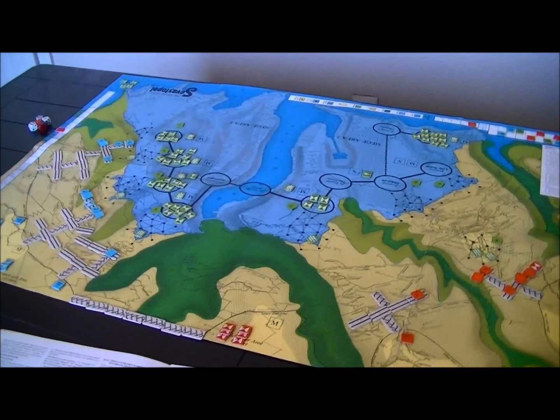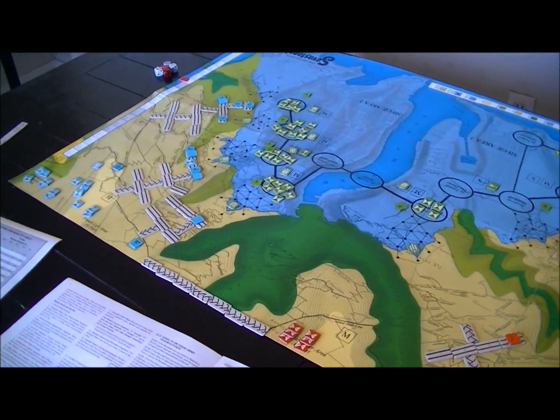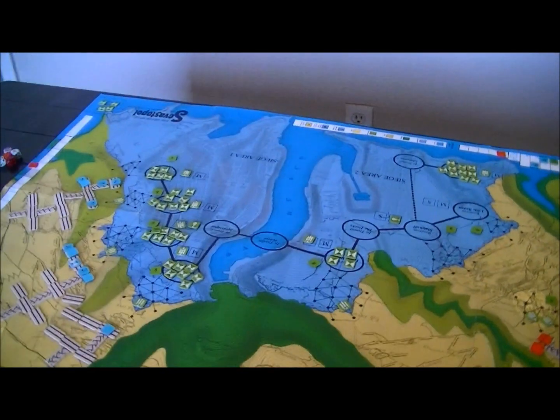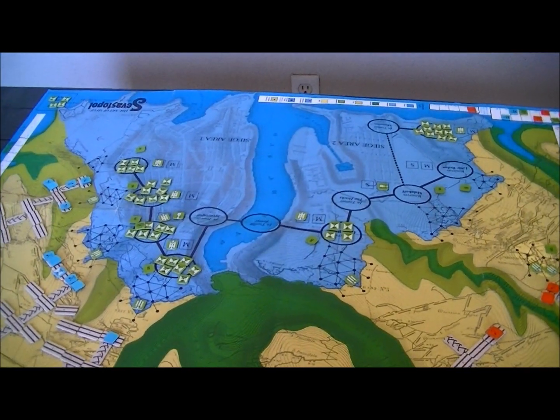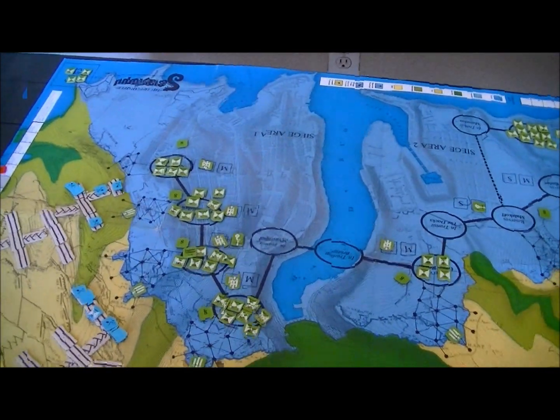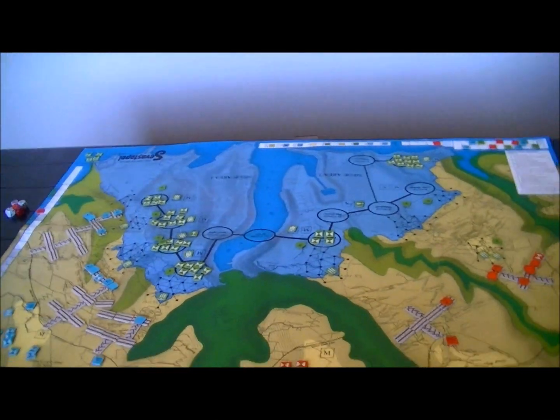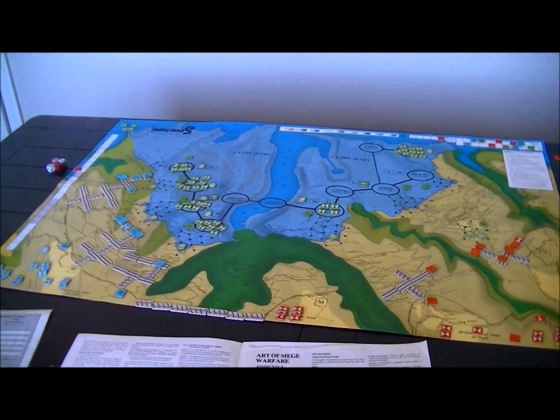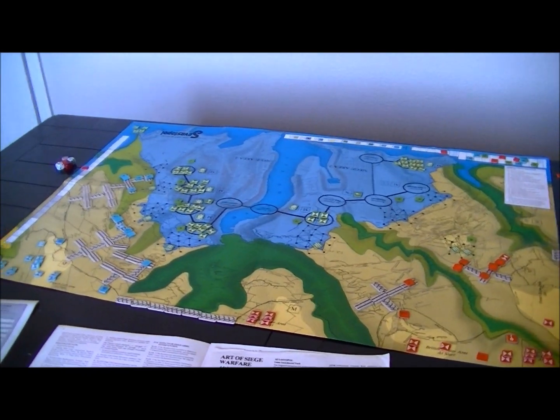rather than just knocking one bastion down, where the Russians could then concentrate their rebuilding efforts. Their rebuilding only goes up to level 3 if Todleben is not there. So as far as I'm concerned, withholding the fire seemed like a no-brainer, but I wanted to at least explain it,